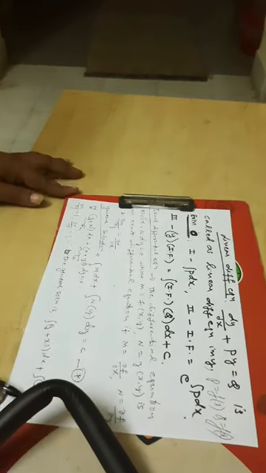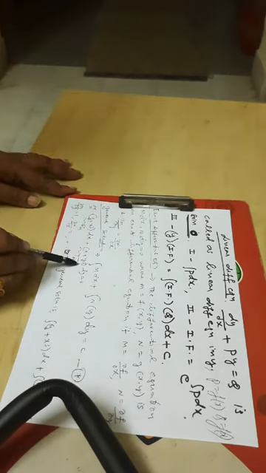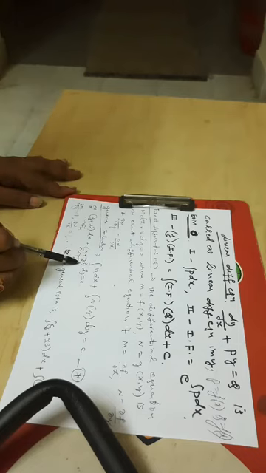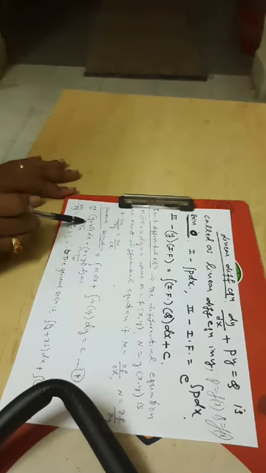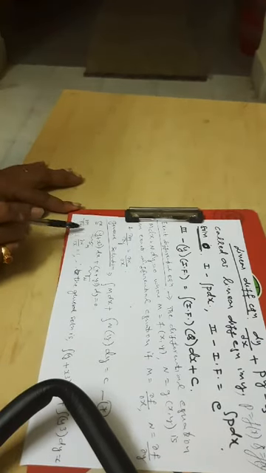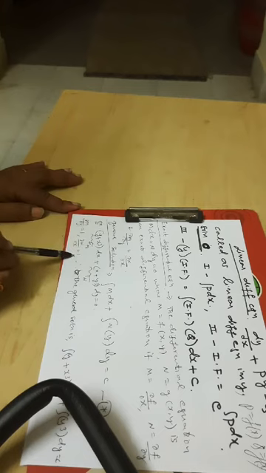If I take up an example, y plus x cubed dx plus x plus y cubed dy is equal to 0. M is y plus x cubed. N is x plus y cubed. Take m and partially differentiate with respect to y: dou m by dou y is 1. For n, dou n by dou x, the differentiation of x, is 1. So dou m by dou y is equal to dou n by dou x. Therefore the differential equation is exact. Now coming to the general solution.